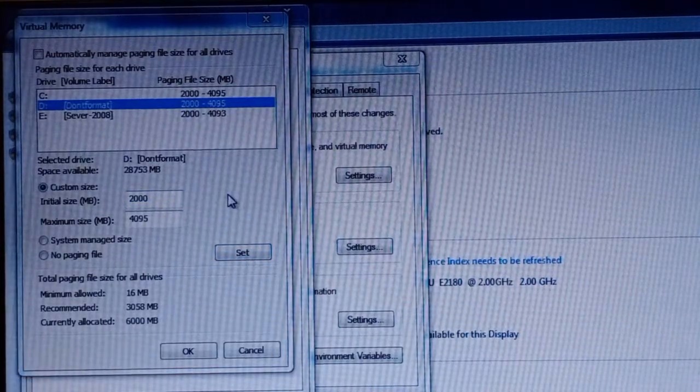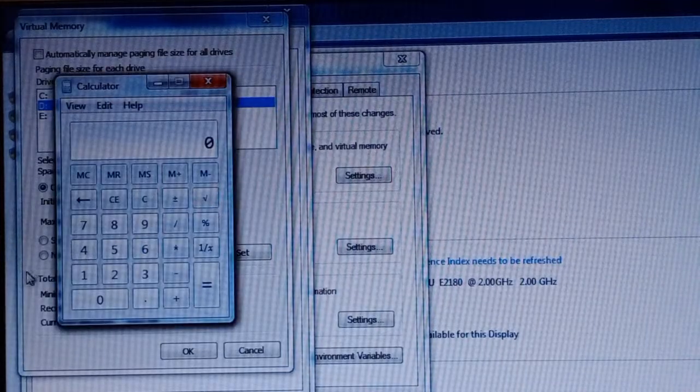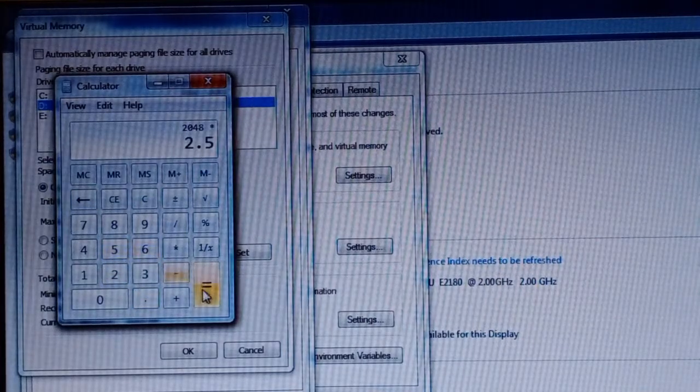Here, multiply 2 GB into 2.5. How much is that? Just go to the calculator and type 2048 into 2.5 equals 5120.